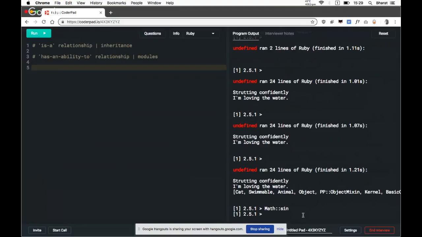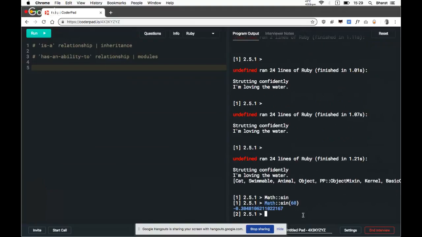If you include them in different modules, then you are indicating that the sine you're using is in the domain of mathematics. So if you run this here, you get a certain value. The sine value of 60, this is not in degrees, so